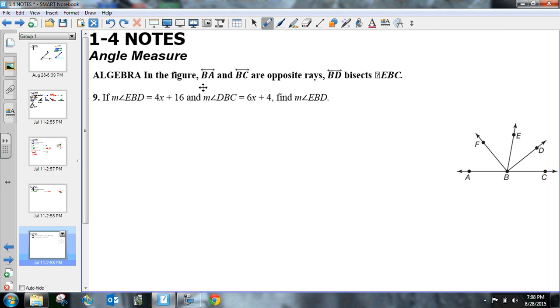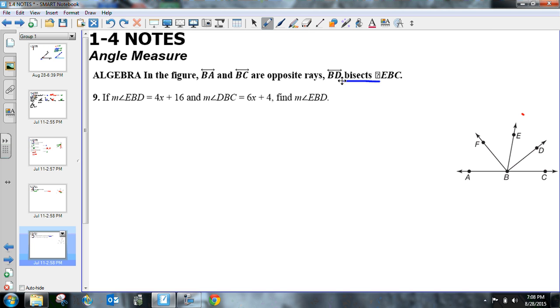And okay, we've got an algebra problem. Yes, finally getting to some good stuff. Okay, all right, so we've got this figure over here, and it says that I've got line BA and line BC are opposite rays. Okay, it looks like it says that they're lines. Anyway, I've got BD bisects EBC. Now there's that word,